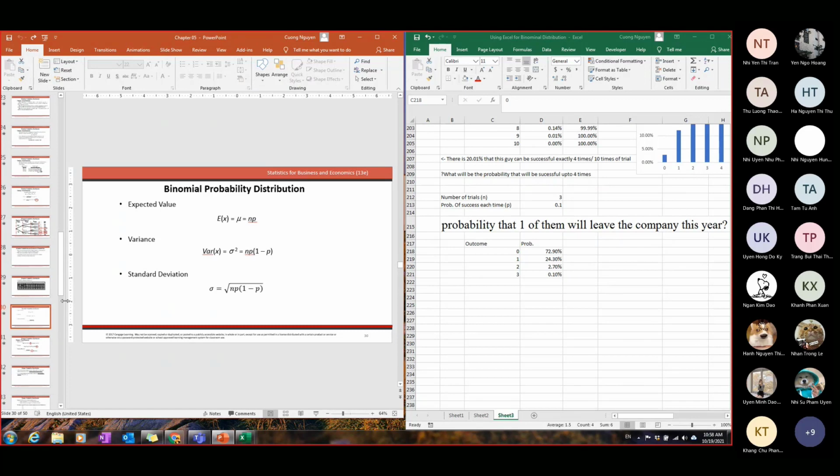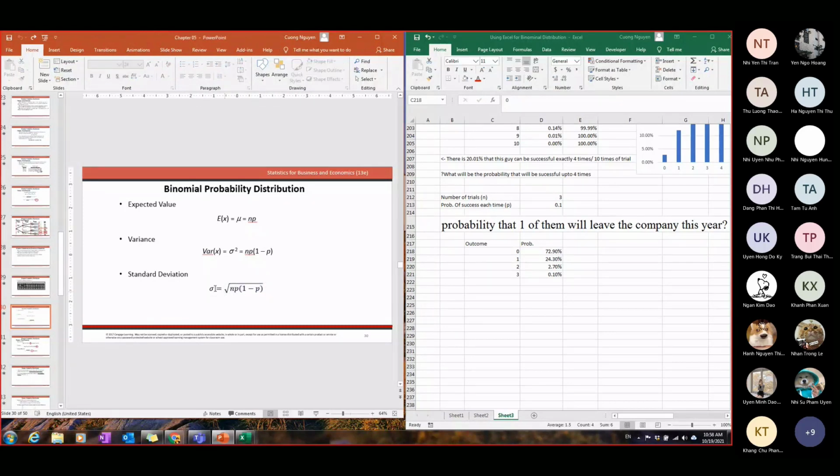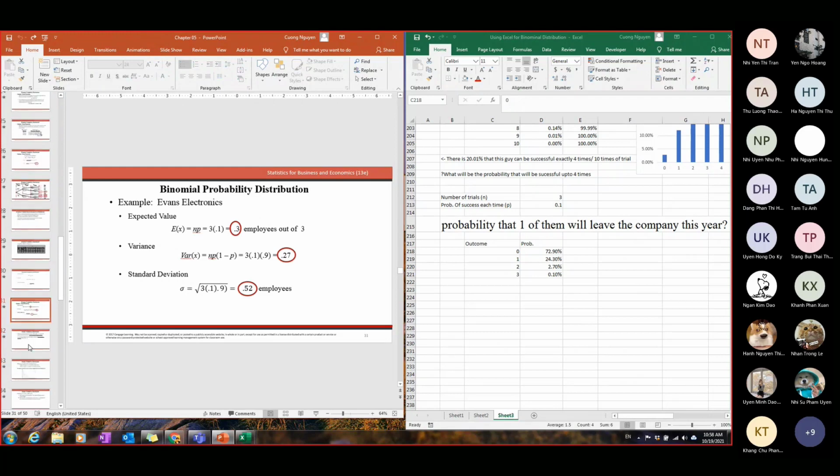Okay, that should be everything about the binomial probability distribution. For the expected value, you have to take a look at why. For variance, you take a look at how to measure it, and for standard deviation, how to measure that. Basically, I told you standard deviation is just the square root of variance. So you have the variance, take the square root, and you have the standard deviation. So you take a look into how they calculate it.